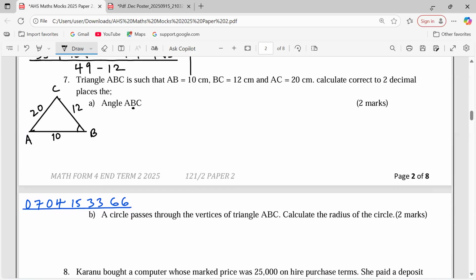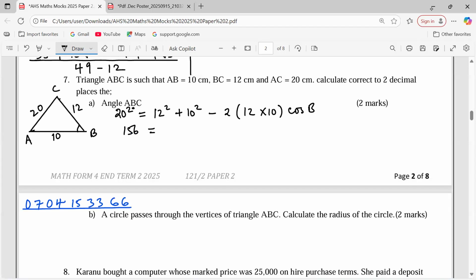So we say the opposite length to that angle, 20 squared, equals 12 squared plus 10 squared minus 2 into 12 times 10, the cosine of the angle at B. So we can now take 20 squared, we subtract 12 squared, we subtract again 10 squared. This gives us 156